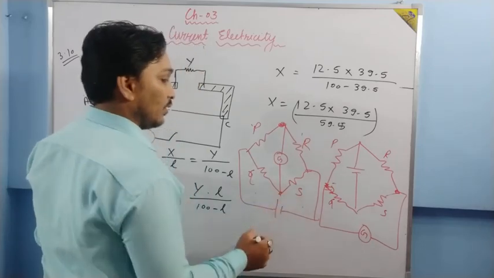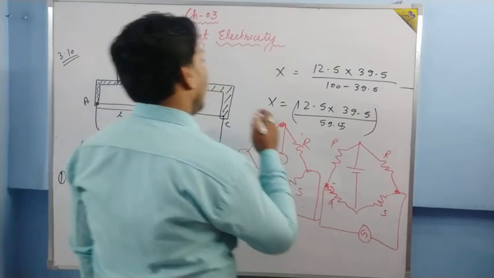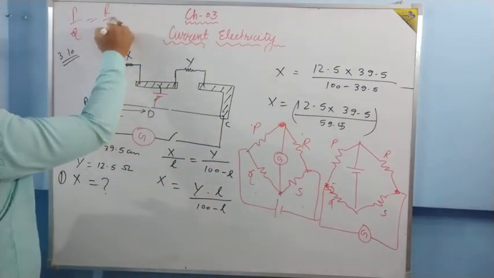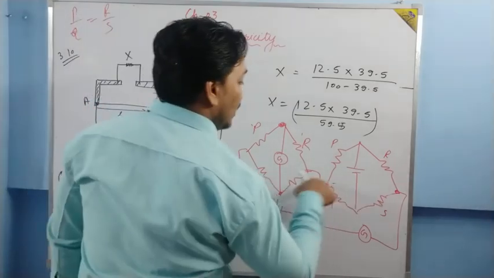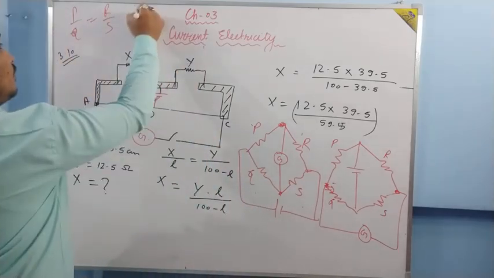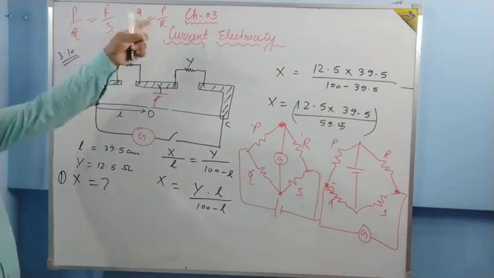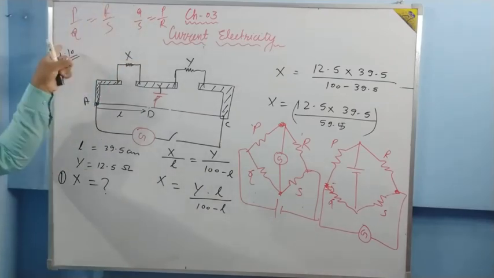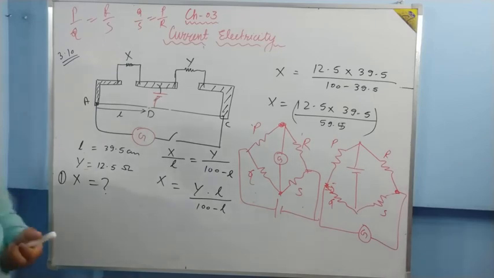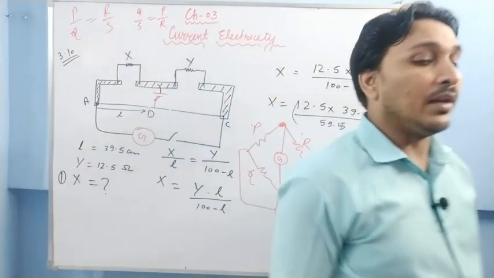Between these 2 points, below this point and above this point, Q upon S is equal to P upon R, which is the same. If it is P upon Q is equal to R upon S, then between these 2 points, Q upon S is equal to P upon R. Just see, these are the same equations. Q can be transferred over there, R can be transferred over here. You can get the same value. If the cell and the galvanometer are interchanged, there will be no effect on the balance point.